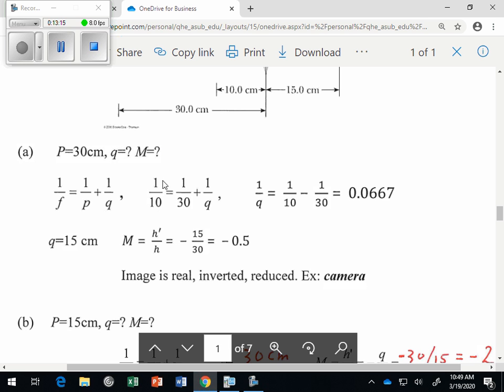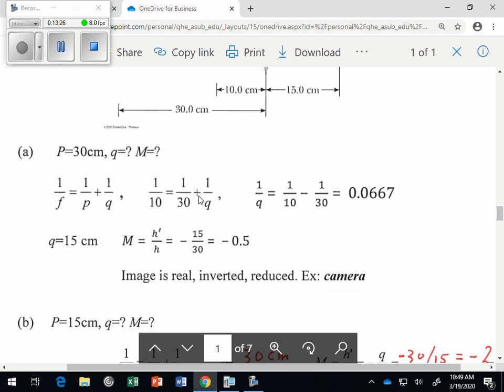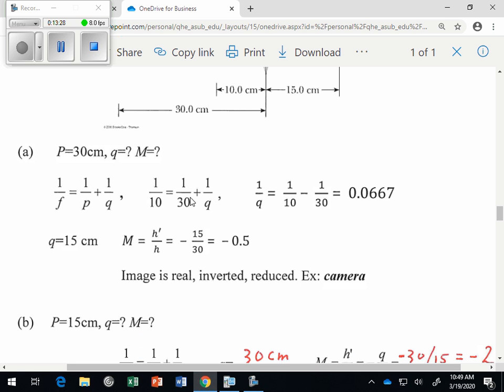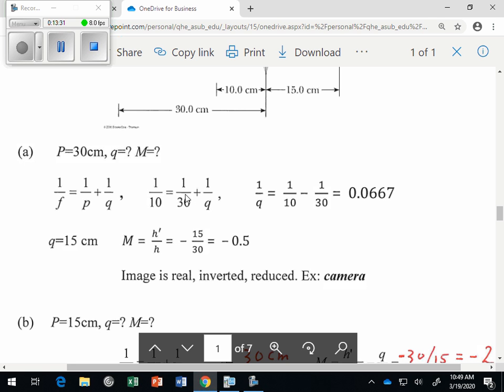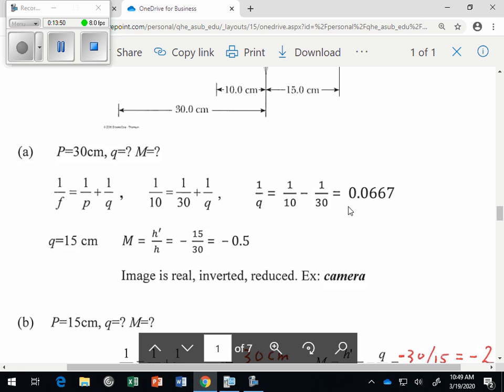Okay, then we plug in the numbers. 1 over F, which equals 10 centimeter, equals 1 over 30, this is the object distance, plus 1 over Q. Of course we can move this because we want to find the Q. How do we move this one to that side? We have 1 over Q equals 1 over 10 minus 1 over 30. So now if you use a calculator, you can do that: 1 over 10 minus 1 over 30. If you try, it will give you